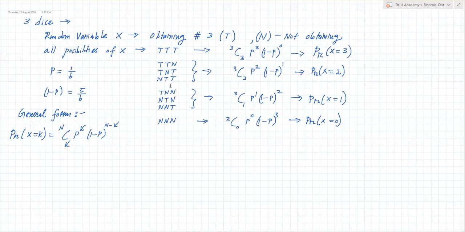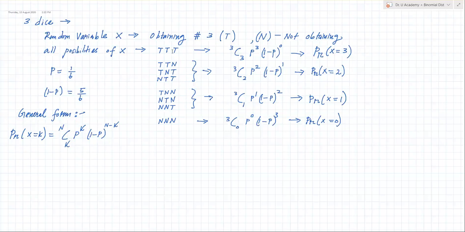Likewise, these are the 3 possibilities. These are all the possibilities that you might get when you have two T's. Then this one, obtaining 1 T, obtaining 3 only in one die. So you can see that, okay, easy. These are all the possible chances. Then there is a chance that you are not going to get 3, right? Now we have to really understand how you represent this in math, right? That is what is required in our business.